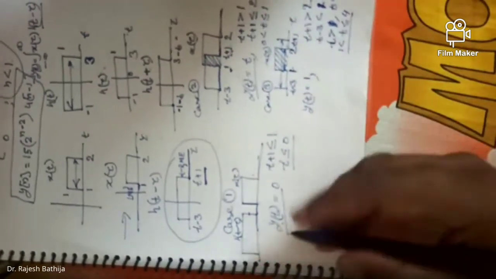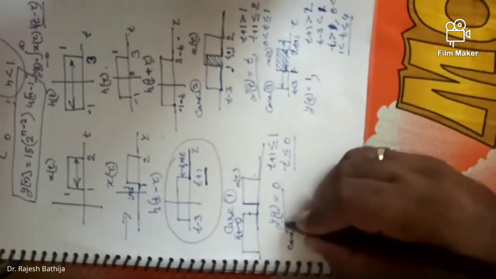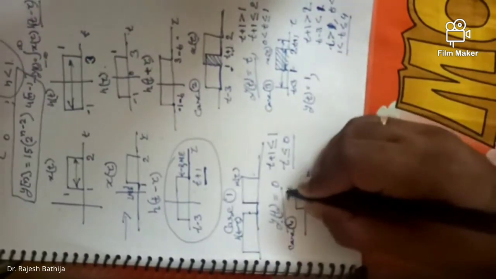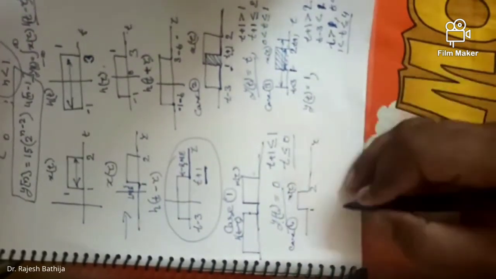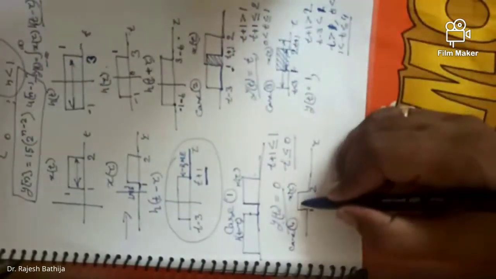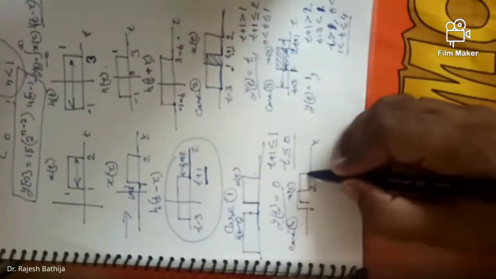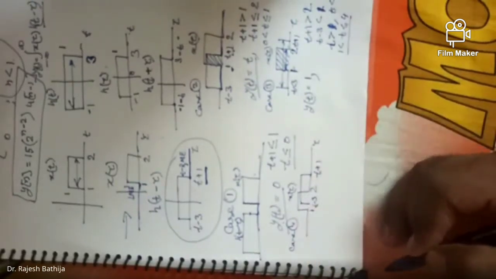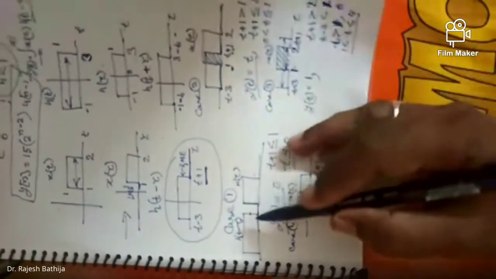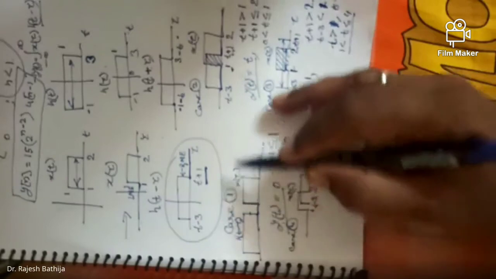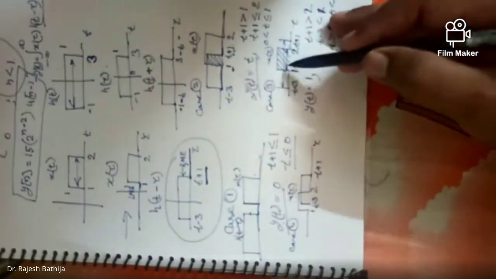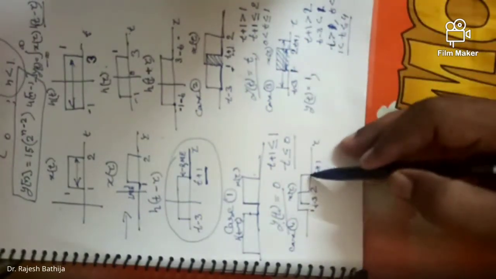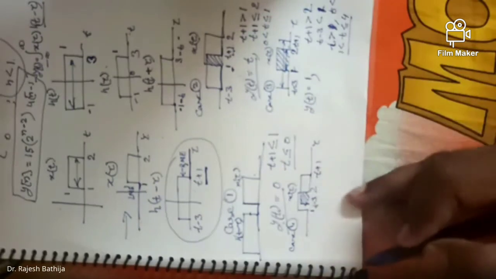Right? Case 4. What will be case 4? Again, we fix this x of tau here between 1 and 2. This is my x of tau versus tau. Now, what I will do? I will put here t minus 3. Still t plus 1 is here, but I put here t minus 3. So you can see how we are rolling. We are rolling from the left side and it is approaching here in between. Then it is occupying the x of tau whole, and then again it is shifting like this.